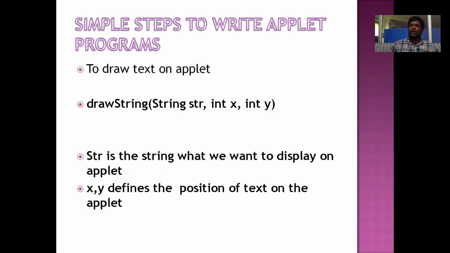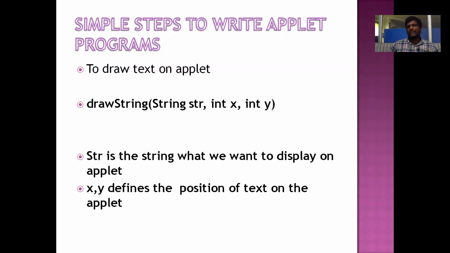And if we are combining two or more words, we simply use the capital letter for the second word and third word and so on. So here, drawString is made of two different words, and these programming languages will not allow spaces in method names, so we have to combine these two names. So drawString is a single word now, and it is the name of the method. While I am saying the name of the method, it will start with a small letter by convention, so D should be small. And while joining the second word, that is String, S should be capital. So drawString is a method name which is used to draw some text on the applets.